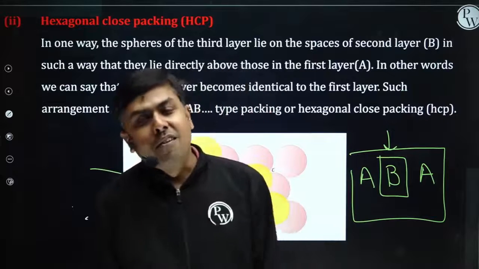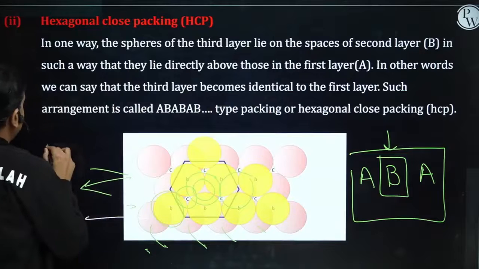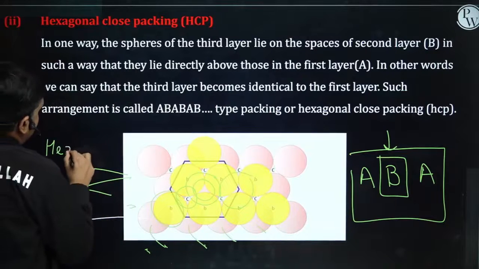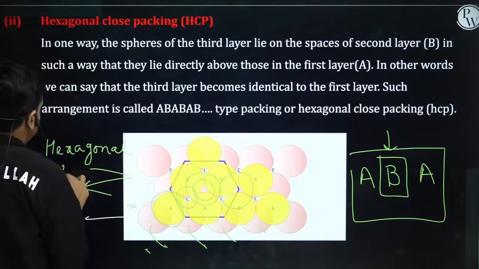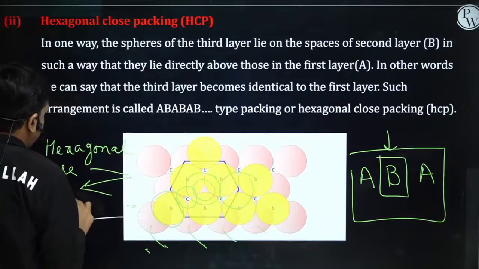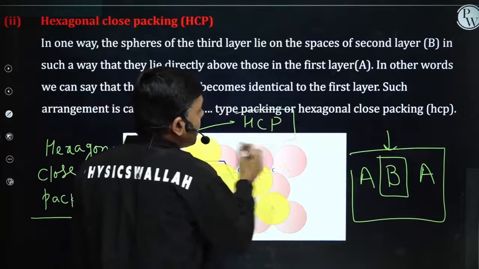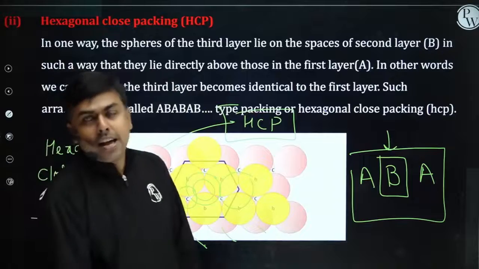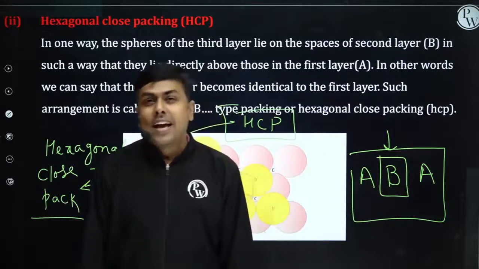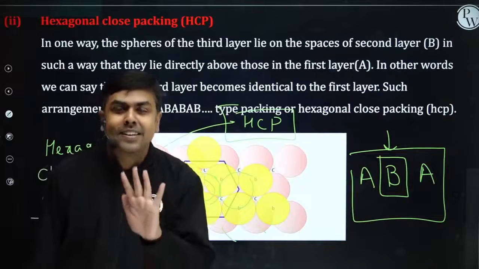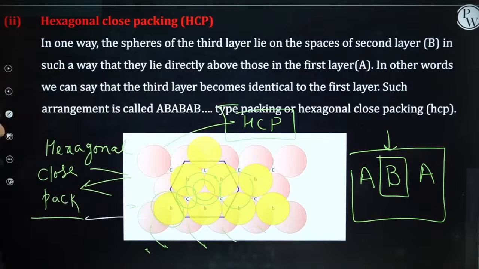Students, now if I focus on the unit cell here, the type of unit cell which we get is hexagonal close packing. It is referred to as the HCP unit cell. So if I do packing in 3 dimensions, and if it's an AB, AB, AB packing, then the unit cell which we get is HCP. Am I clear? Now let's focus on this unit cell.